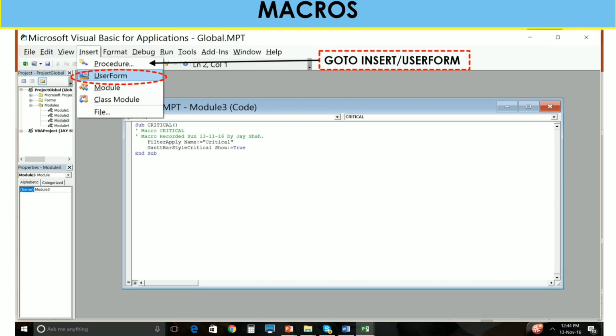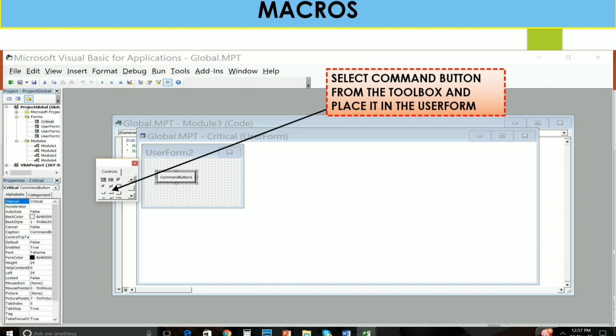Now go to the Insert button, User Form, and go to this user form. After that you can create your command button. The user form looks like this, and you can add controls and buttons based on your project requirement.